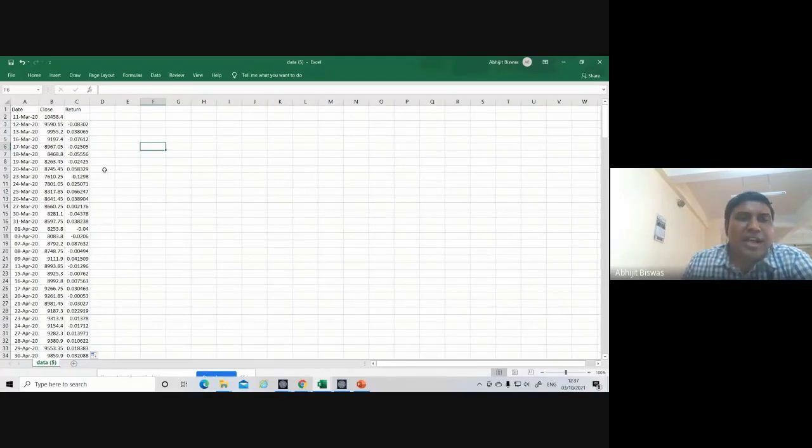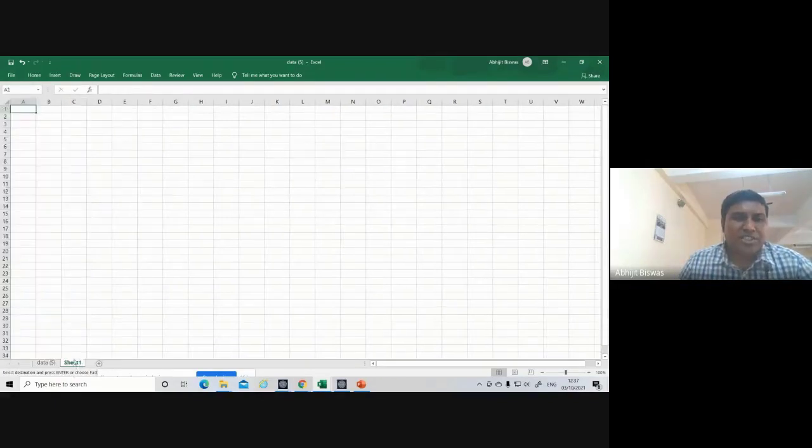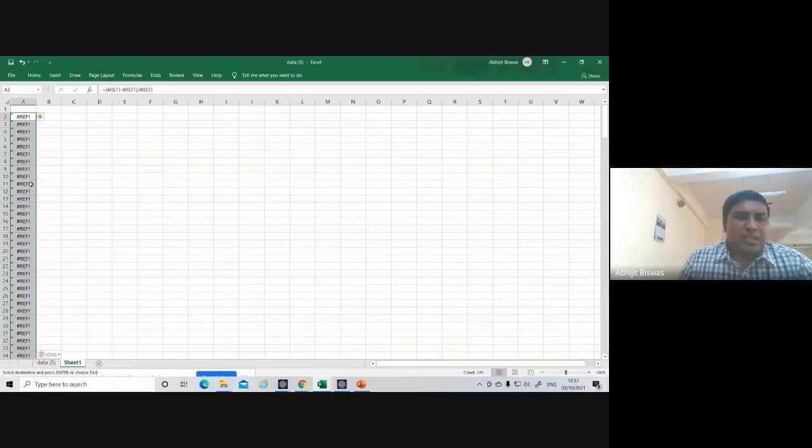So I'll just copy these, go to another sheet, and paste it here. Since there was a formula, while pasting you have to paste only the values.